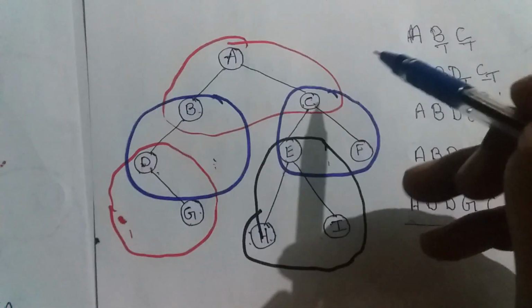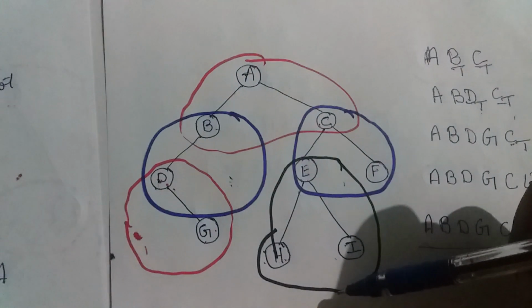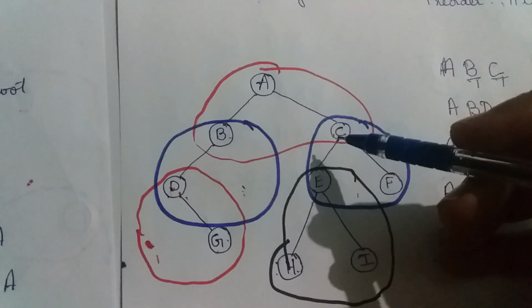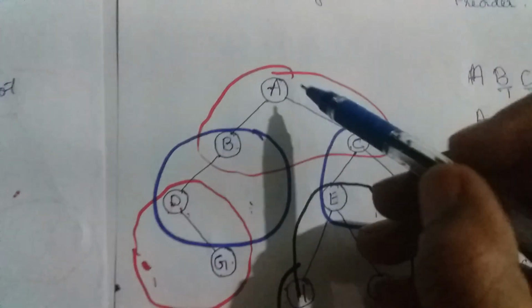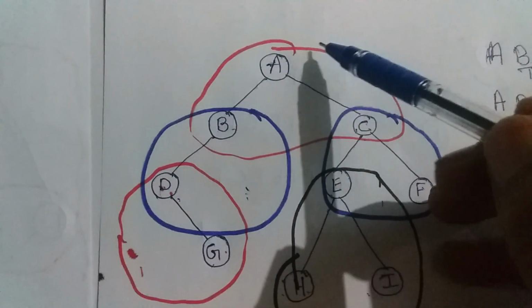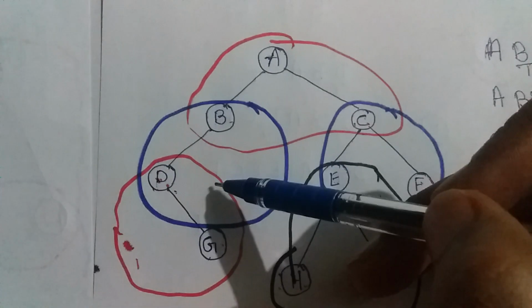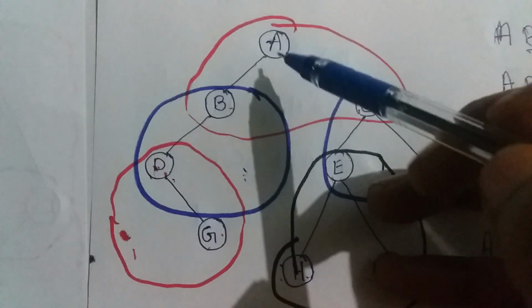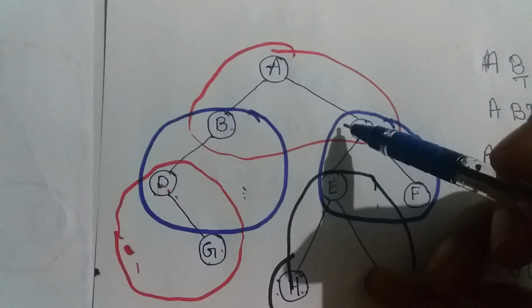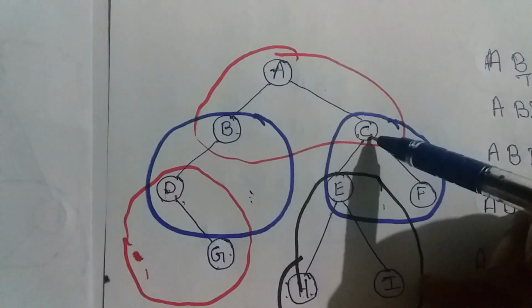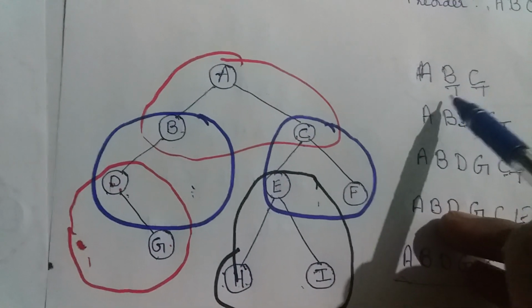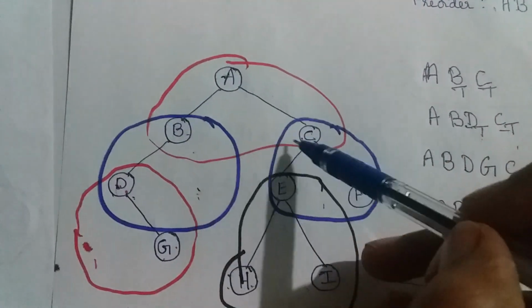Now the same thing: suppose this is the tree here, and I have to traverse this tree in pre-order. What is the technique? In this tree, I have partitioned it into many disjoint subtrees. First take this subtree A, B and C, that is root, left and right. Apply the technique for this subtree and you will get A, B, C: root, left and right.